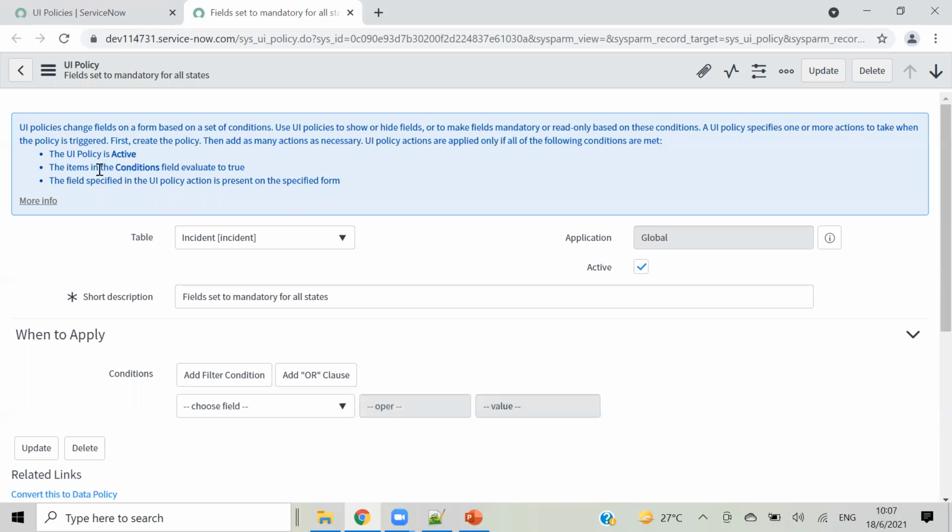Before going to that, you will have all this info here about UI policies: the UI policy is active, then items in the conditions field evaluated to be true, the field specified in the UI policy action is present on the specified forms.